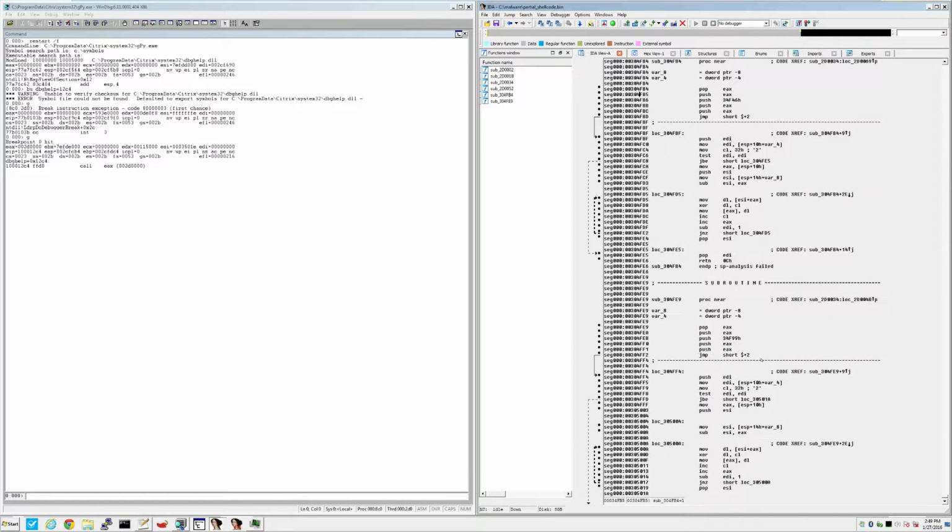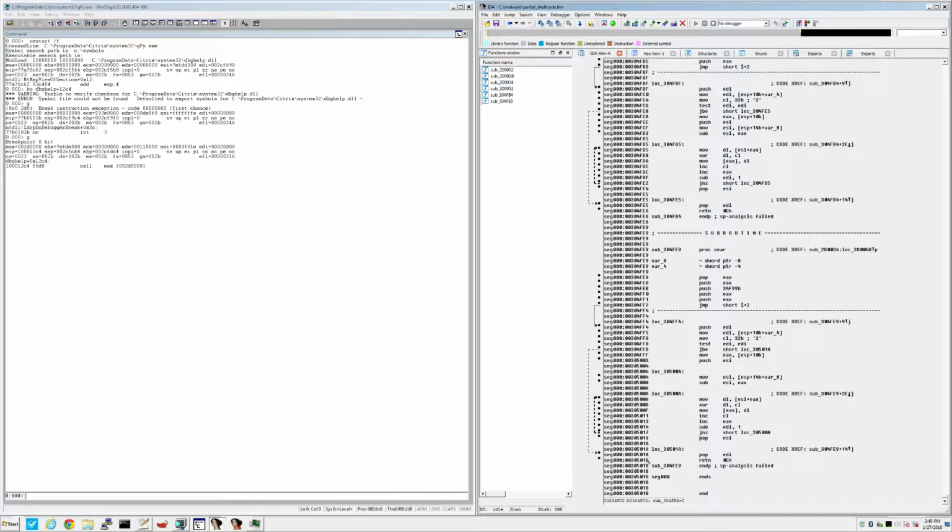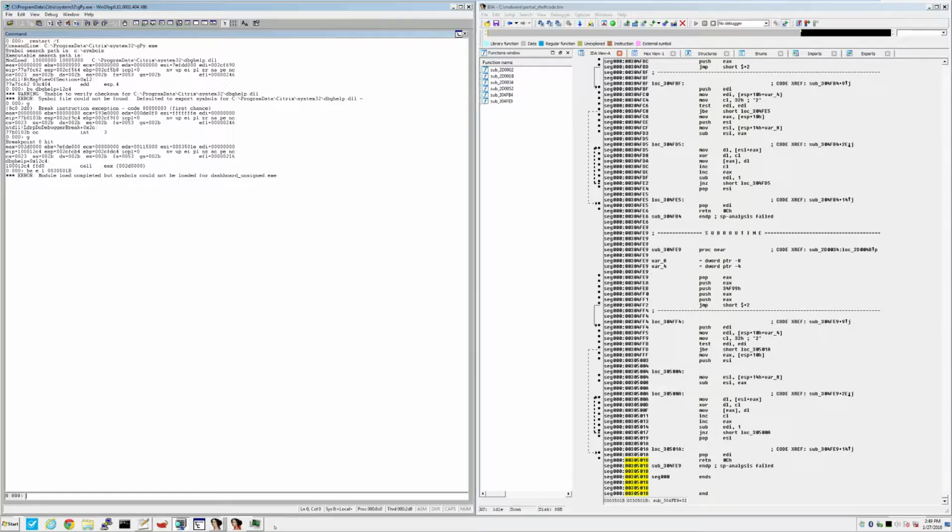Okay, and now we're already at the very end. We're going to grab this address here. We're going to set a hardware breakpoint there. We're going to hit go. We see we're there. So now what we're going to do is skip directly to